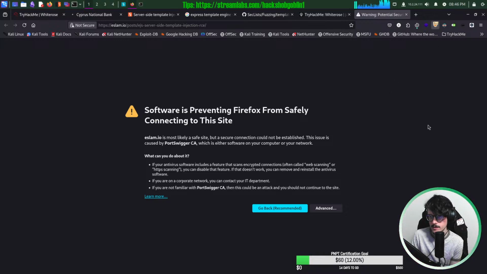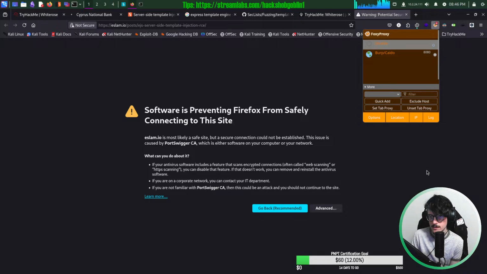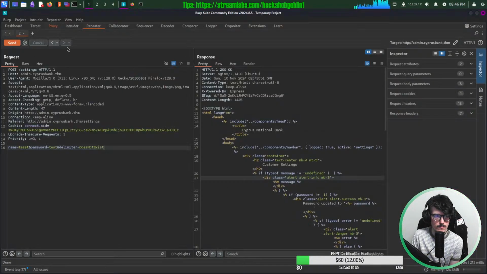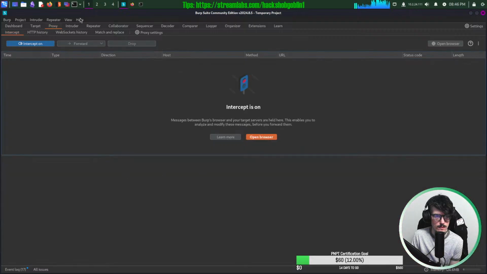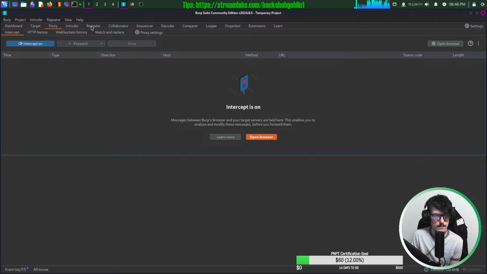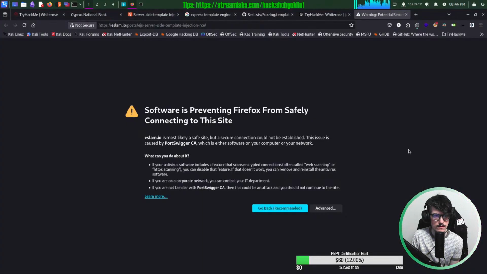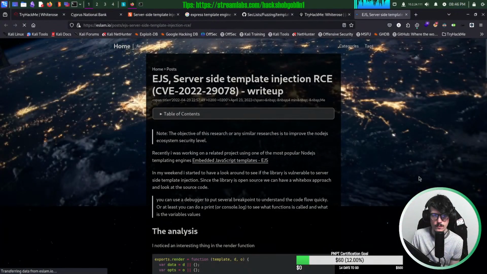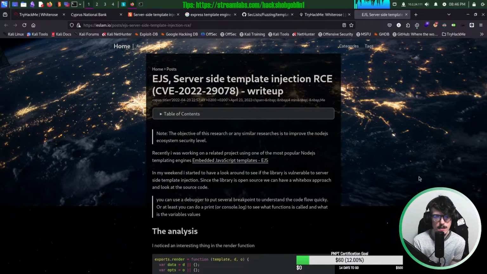Oh, whoops. Disable that. Okay. EJS, server-side template injection, remote code execution, CVE